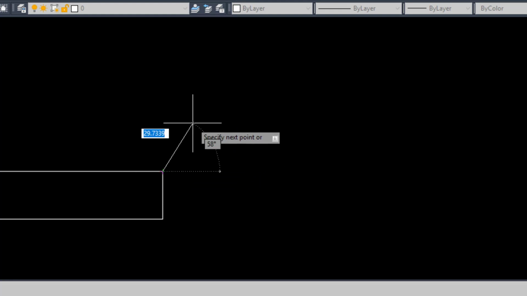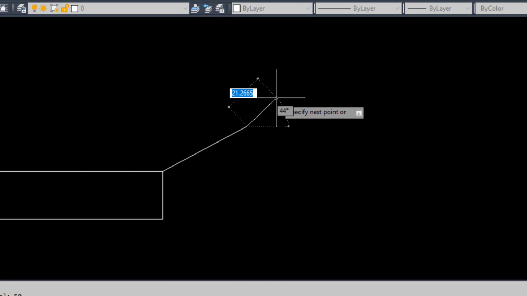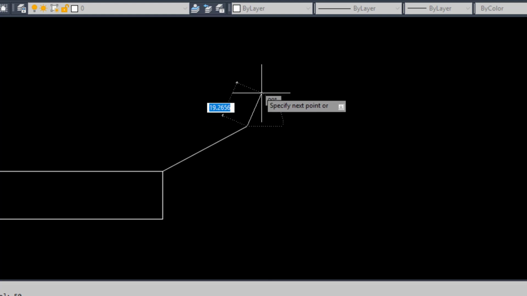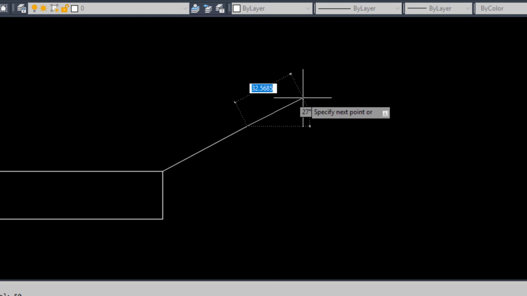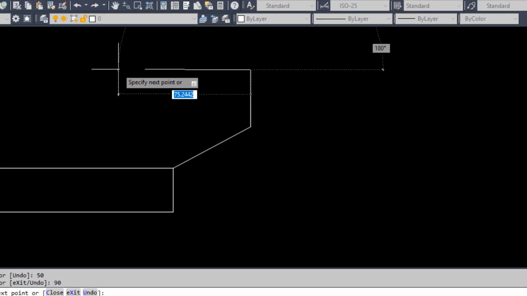Now suppose I want to make a line from here, so I will directly left click. As I move, you can see that it is giving me the default distance. Suppose I want to make a line of 50 units, so I will give the length as 50. You can see that an angular line of 50 units has been made directly. Also, if I want to specify the angle in the graphics area, I will press the Tab key on the keyboard to go to the angle. Now you can see that angle one is activated and I can give the angle directly as 90 degrees. As I press 90 degrees, you can see that the angle has been made directly at 90 degrees.